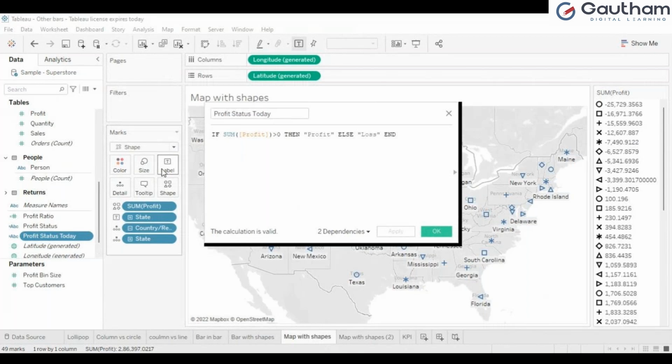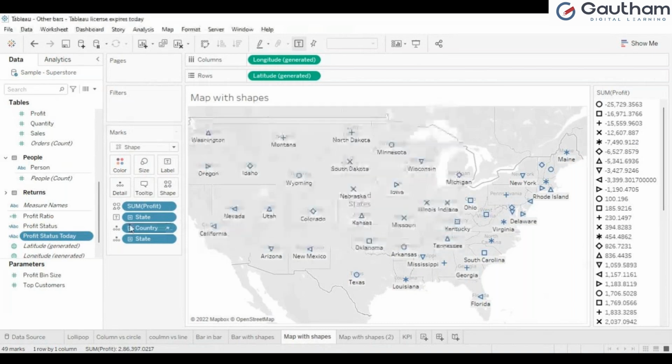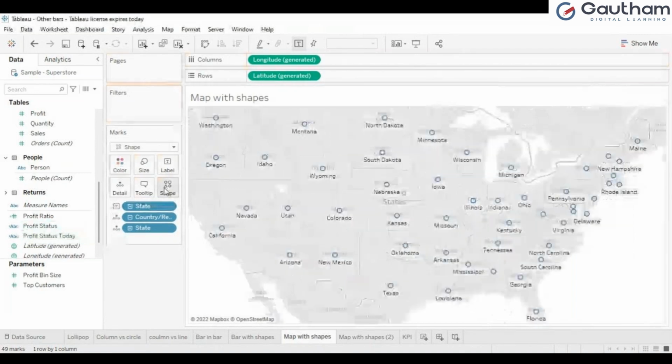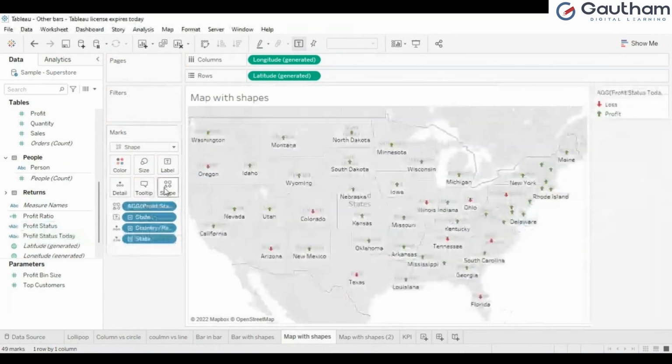So this is the calculation part I have written. What does it mean? If sum of profit is greater than zero, then tell me which is profit. If it is not greater than zero, the number which is present here, give it as a loss. Okay, so what I have done is, I'll remove this profit and I'll get this profit status which just now I have created here. See, I gave what I told. Ignore these. So we'll do one thing. Let's create a new one only, then only you can understand.